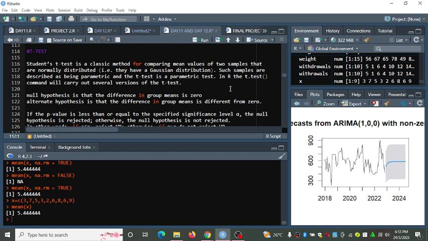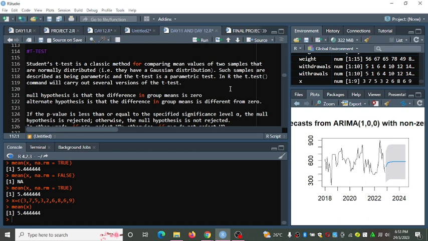So the null hypothesis in the t-test is that the difference in group means is 0. Or rather, H0: M1 is equal to M2.